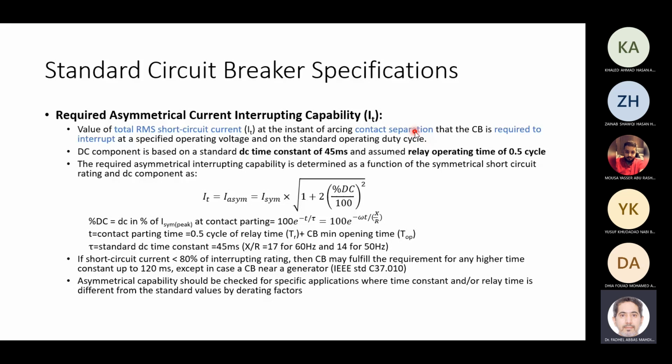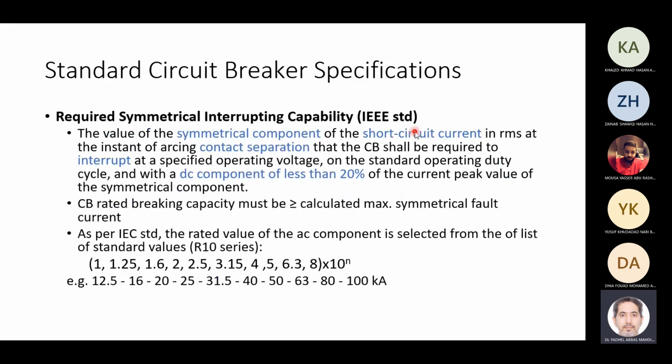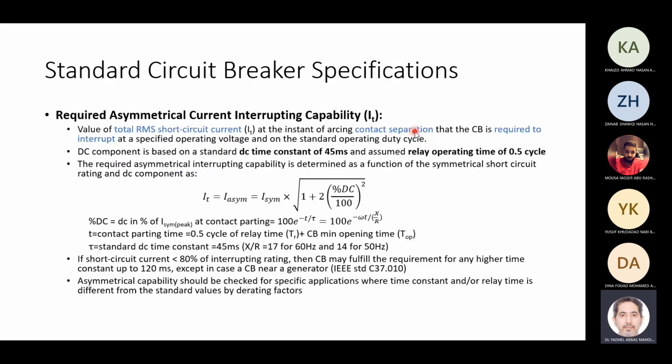While the other specified ones do not include the DC components, here it's including the DC components. But the DC component varies with respect to time. The longer the time, the more the DC current decays. So the standard defined